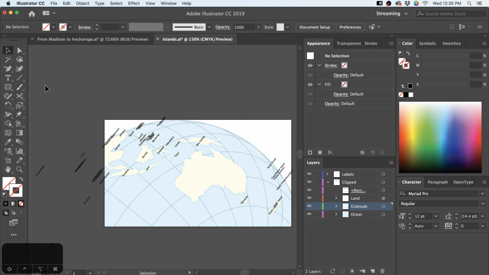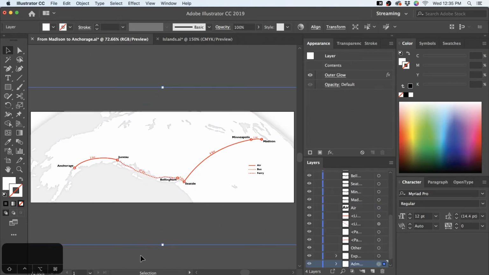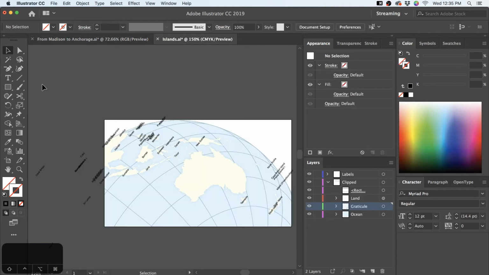The graticule is really only there for one reason, to remind somebody of the curvature of the Earth. Even in this map I made before, it could probably have used a little bit of that. It's got a little perspective, and you kind of see the horizon, but it'd probably be more powerful if we had that graticule on there. That's all it's there for. I'm not interested in labeling it. I'm not going to put a 30 degrees south latitude label on that. It doesn't matter. It's enough to just help people understand that we're looking at a ball.